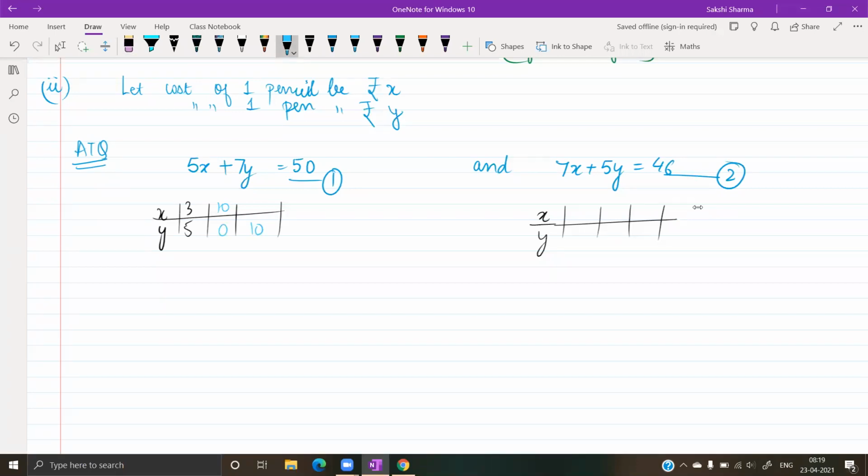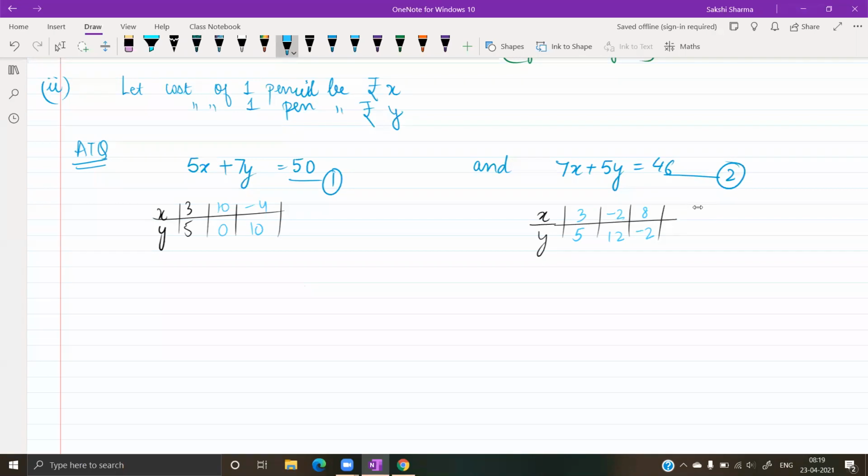If you take this as 10, this comes out to be minus 4. Yes, ma'am. What about the second one? 3, 5. Okay, this is a solution. Yes, ma'am. Minus 2, 12. So you can plot the graph accordingly, and it's not necessary that you have to take the same values. Draw the lines and you would know.